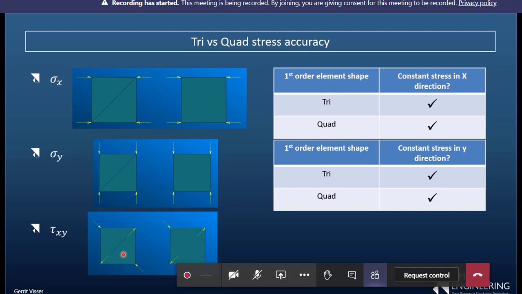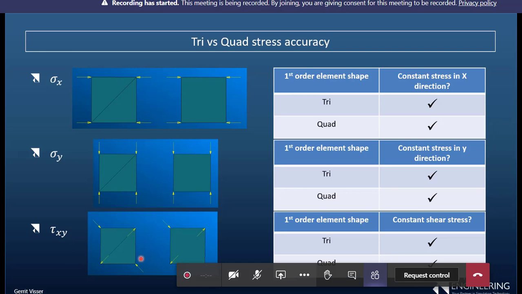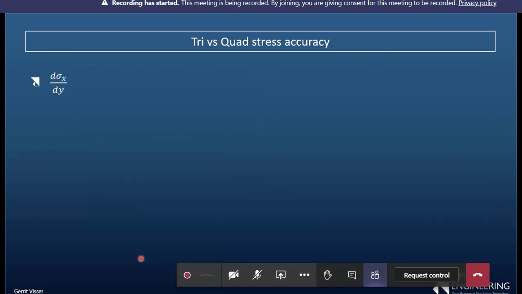So this will generate a perfect shear stress in theory, at least for that element. For both of those, we can get exactly the correct shear stress. The element formulation allows it, the number of variables that we have to calculate it, so again we can do all of those. Now for the bad part, if I look at some kind of a gradient,